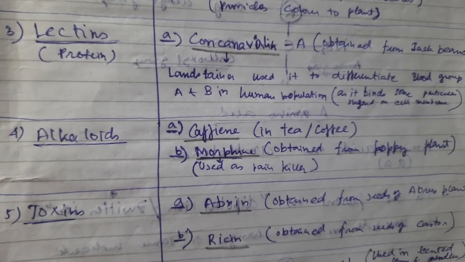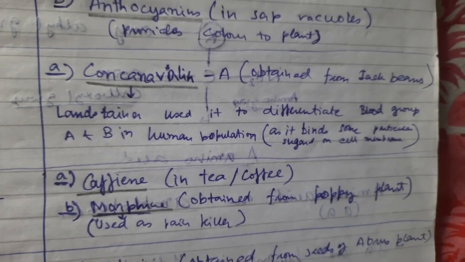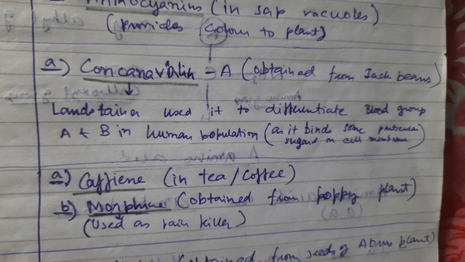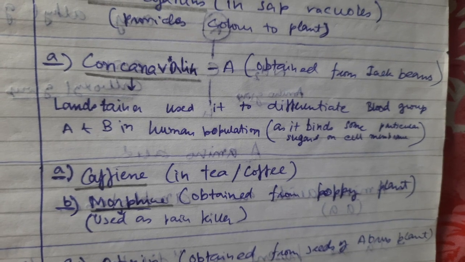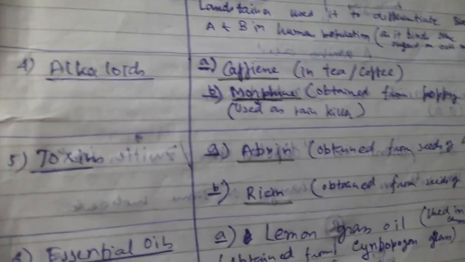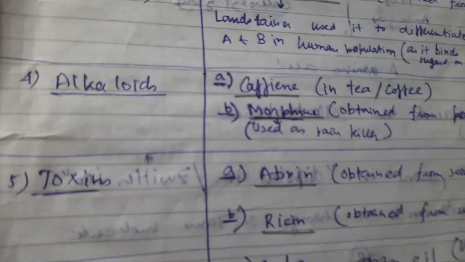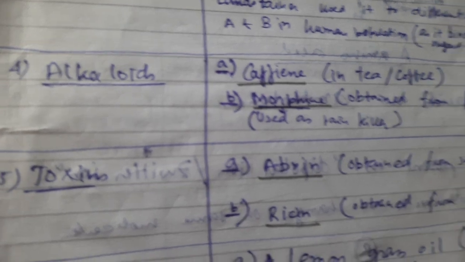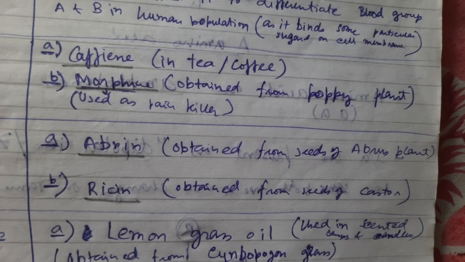And then come alkaloids found in plants, and examples of these are caffeine, that is used in coffee, and secondly morphine, that is obtained from the poppy plant and is used as a painkiller and sometimes as a drug for addiction. And then come toxins, which include abrine, which is obtained from the seed of the Abrus plant, and ricin,